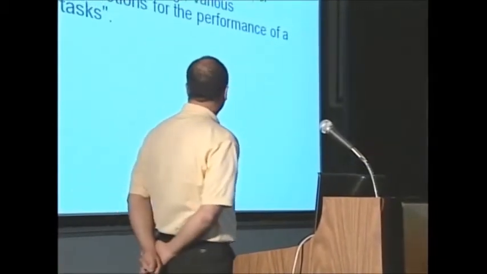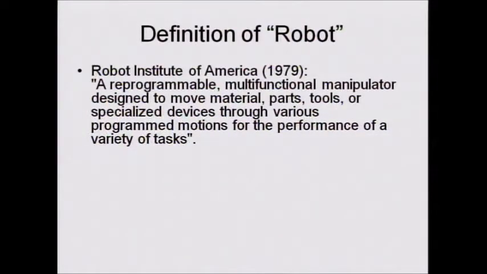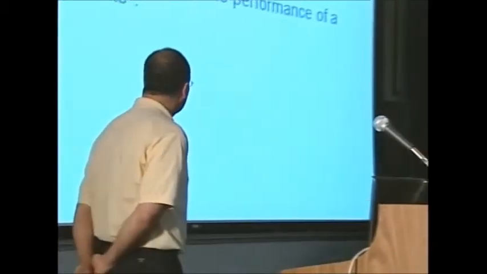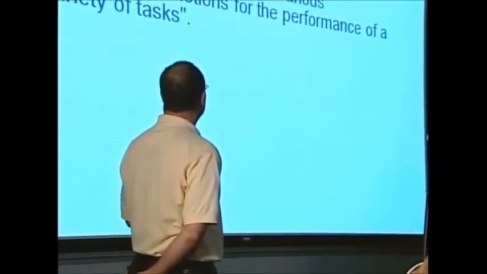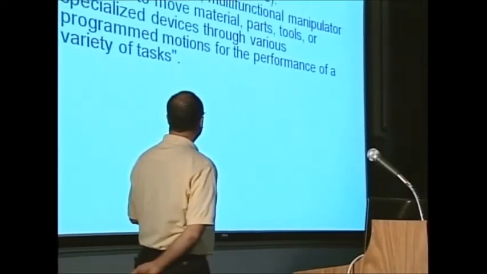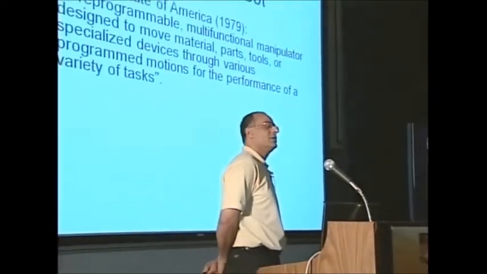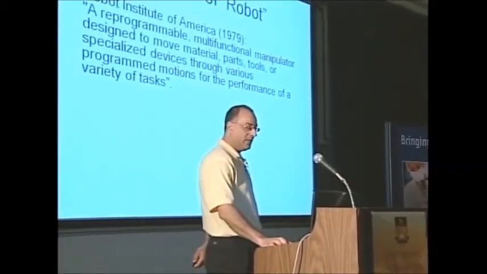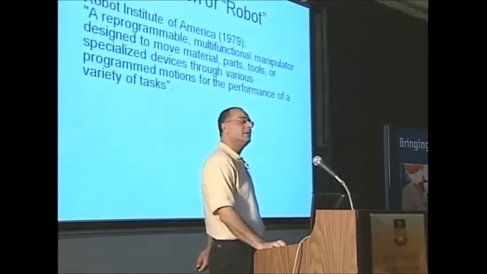Definition of a robot. Since 1960, so many robots have been developed and manufactured by different countries. Every country came up with its own numbers, saying we have so many robots, our robots are more than yours, et cetera. So the Robot Institute of America came up with a definition for statistical purposes. This definition is very dry and mechanical. It talks about manipulators that can move material, parts, and tools, and can be programmed to do certain motions or performance. If you open dictionaries, every dictionary has a different definition for robots.